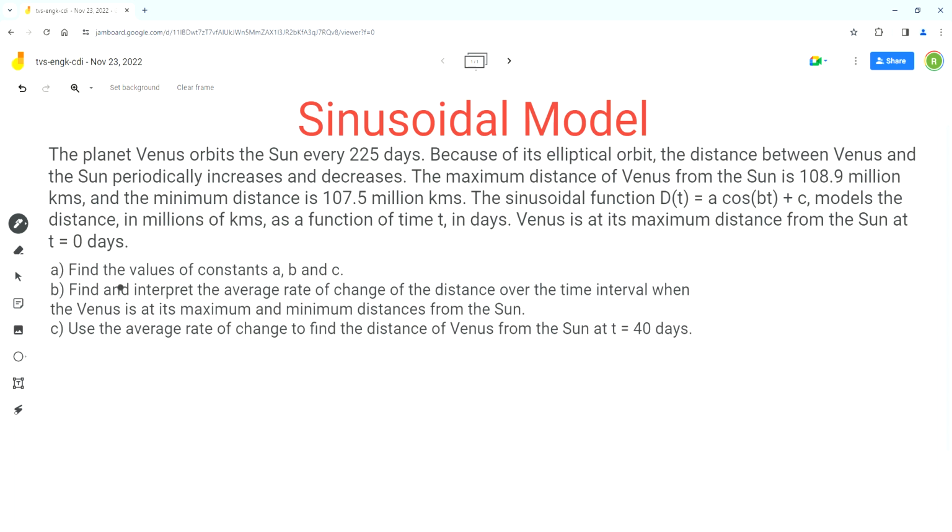So let's start with part A. Find the values of constants A, B and C. As we can see in the given equation, A, B and C are the constants that cause the transformation of the parent cosine function. Let's start with the A value. The A value can be calculated using the amplitude formula. The formula for amplitude is amplitude equals the maximum value minus the minimum value